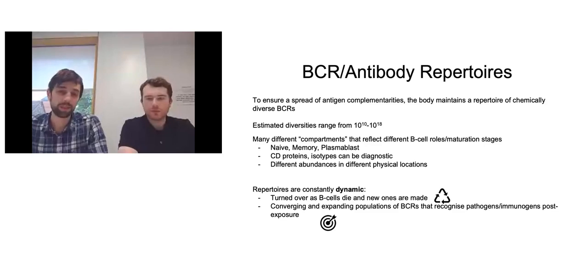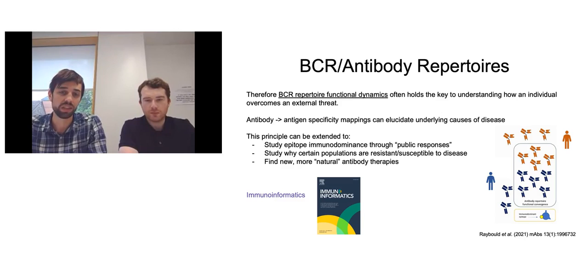And they are constantly dynamic. This repertoire is not a static, pre-coded set of antibodies that you get at birth, and that's all you've got. No, they're continually turning over, so they are responsive to the immune state that you're in. And we often see signals where they converge towards particular functions, like specificity towards antigens that are part of a response. And this makes a really interesting study from a disease understanding perspective. And really, we want to be able to see, in a set of people, what the BCR repertoire is doing in these people at any one time.